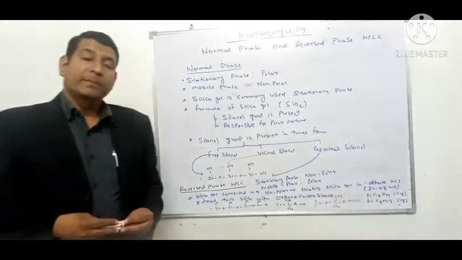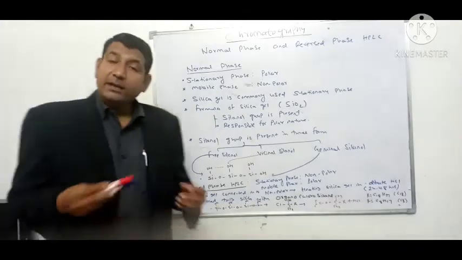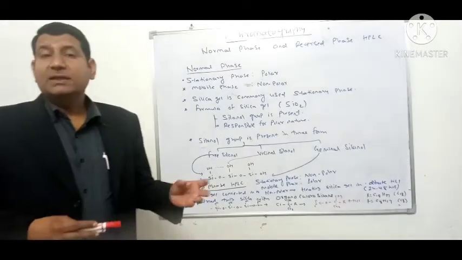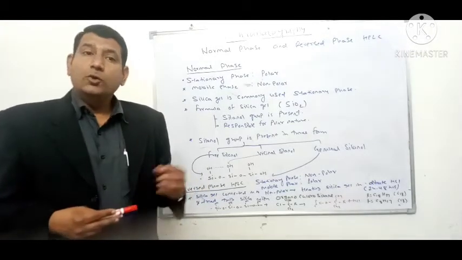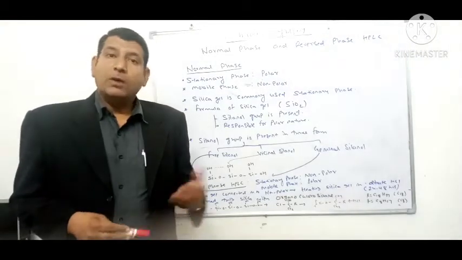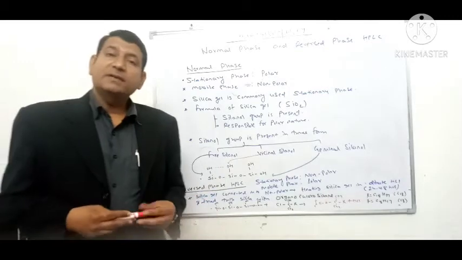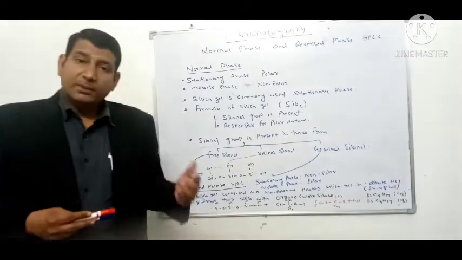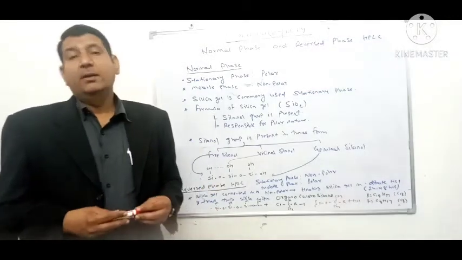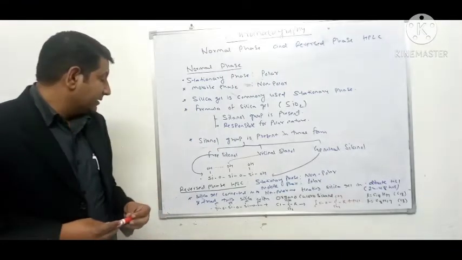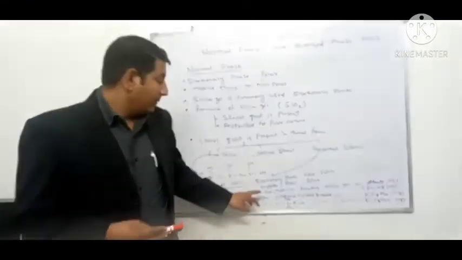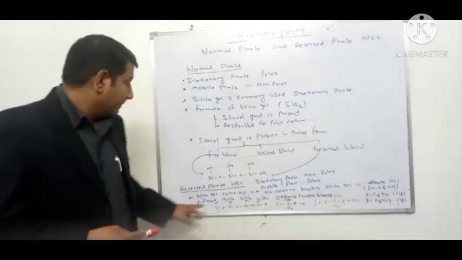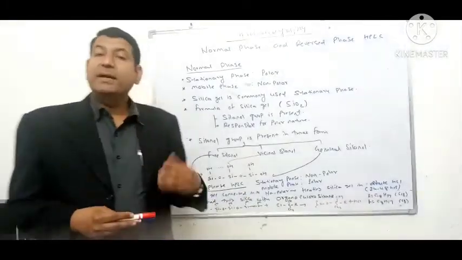liquid chromatography. Opposite to that, in reverse phase HPLC, this silica has to be processed with some basic treatment to get converted into a non-polar group, because in reverse phase HPLC the stationary phase is non-polar and the mobile phase is polar in nature. So what happens in reverse phase HPLC? The stationary phase is non-polar, the mobile phase is polar. Now, how is this silica gel made non-polar?